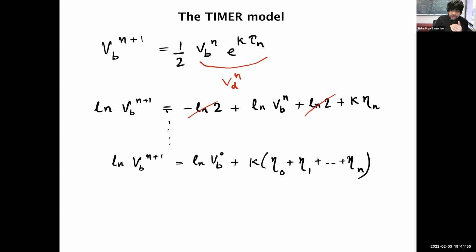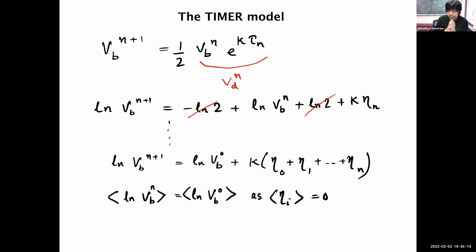Continue this iteration, and what you can find is that the cell size in generation n+1 is some constant plus an addition of noise terms. Which means that if I now take an average, because all the noise has zero mean, the average is well defined, the mean cell size is well defined. So the mean cell size is set by the cell size of the first generation, which I call 0 here. So the mean is well defined. There is no surprise here.